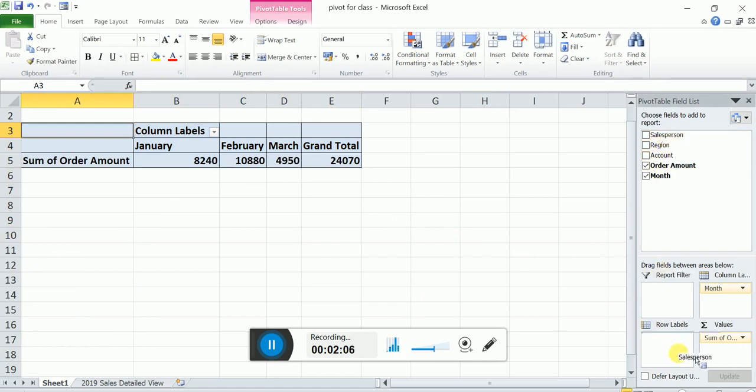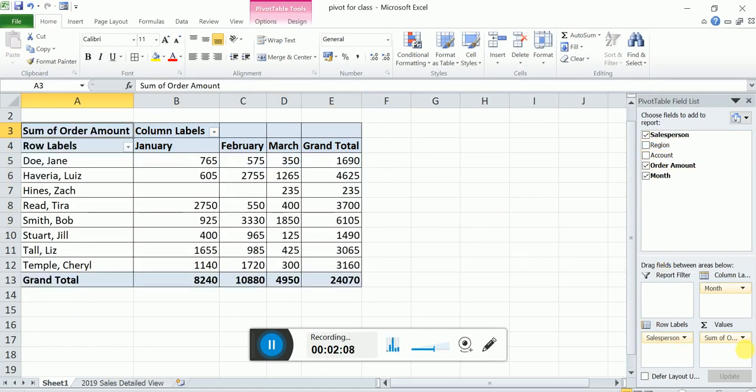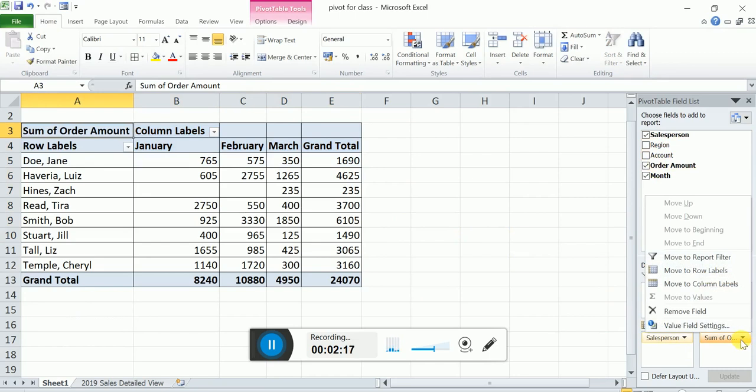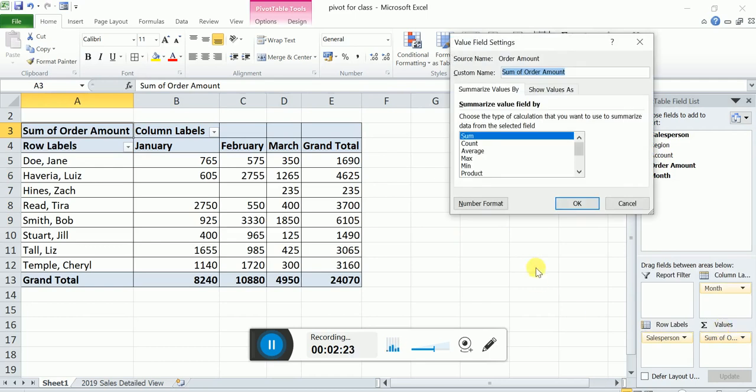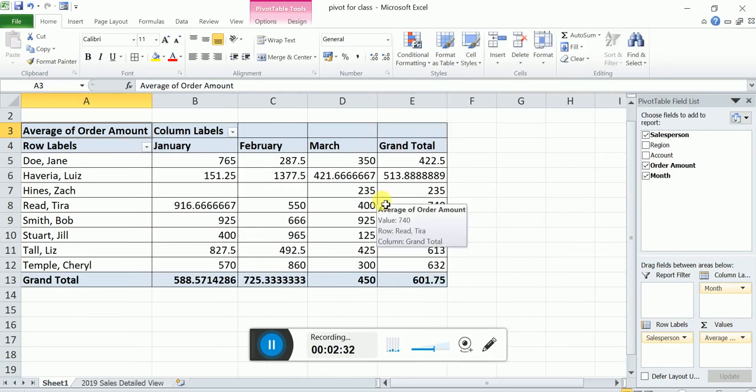Now I want the average of each value, so that is also possible. See, by default you have the total value. Now what we can do is click here, a small ribbon will be there, just click that field settings. You can see the value should be sum. If you want count, if you want average, select average and click OK. So you can see the value has been changed to average, right?